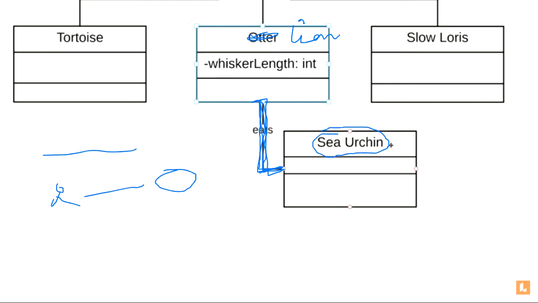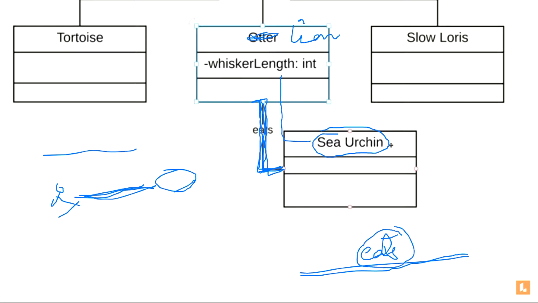Okay, so here you have one more benefit also in the class diagrams, that you can write a relationship name on the association line. You don't have to only show that this is an association line. You can write something on that also, that eats, that lion eats sea urchin. So you can show what kind of association this is. In the use case diagram, you were just showing a single line, there nothing written on it. It was just an association between this actor and this use case. Here you can write on the association line anything you want.